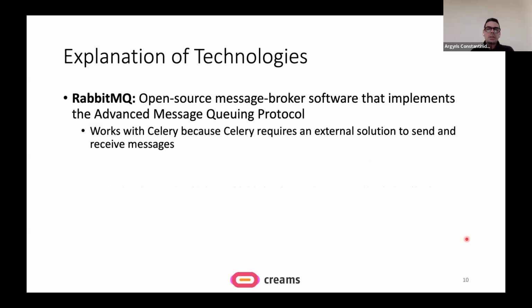So for that purpose, again, we use RabbitMQ, which is an open source message broker that implements not only the advanced message queue protocol, it has been extended with additional protocols, but it works quite well with Celery. And the reason is that Celery is relying on message passing, so to the queue back and forth. So we had to have a message broker that sends and receives messages to and from the queue.